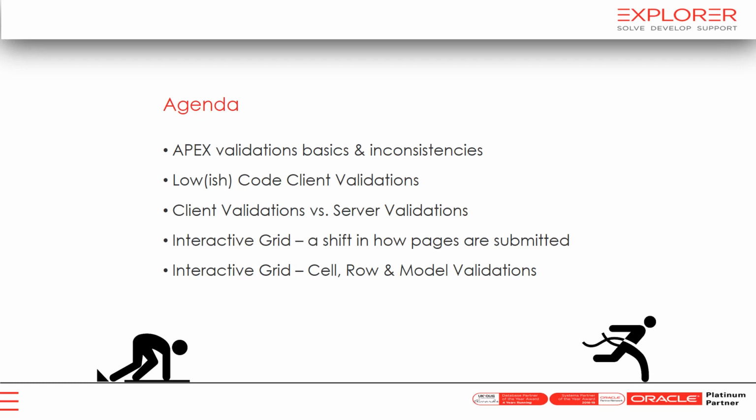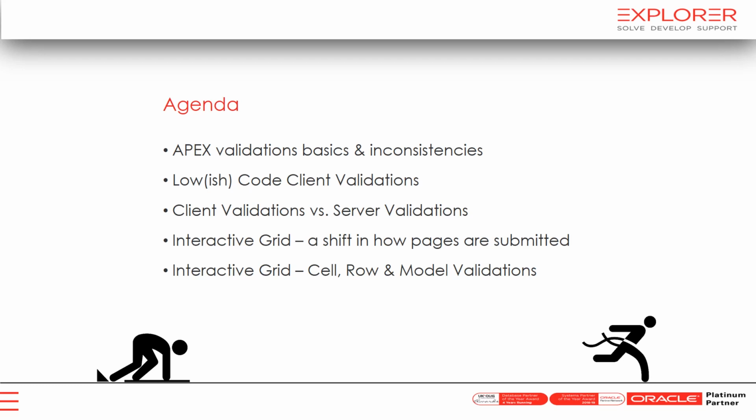Then I want to explain about client validations versus server validations, the differences between the two, and that will lead on to talking about a shift in how pages are submitted with the introduction of the interactive grid, and then I'll spend much of the presentation talking about interactive grid, cell, row and model validations, and I'll try to explain as much as I can about